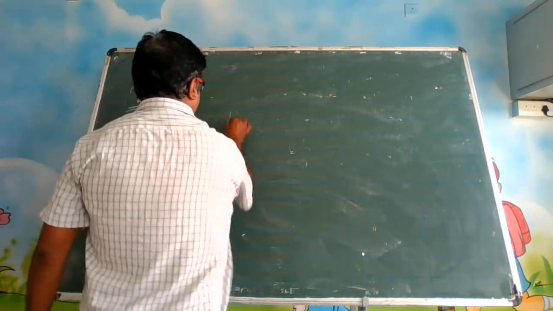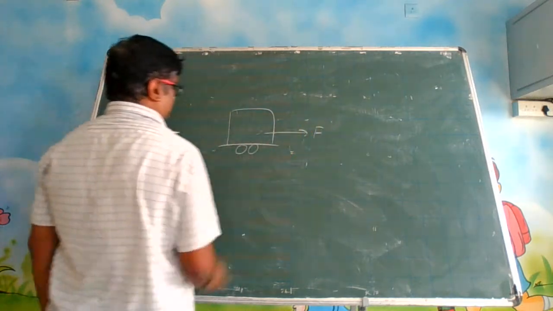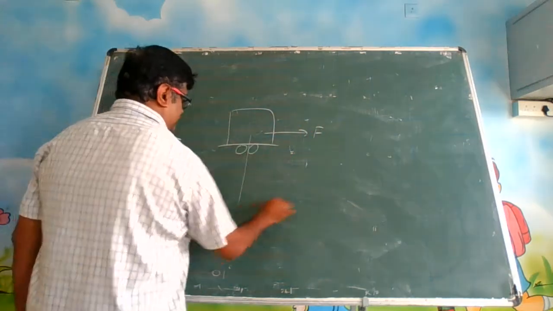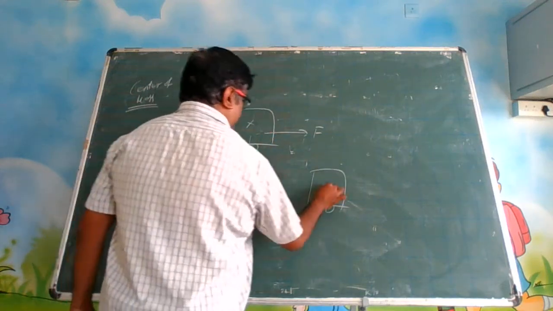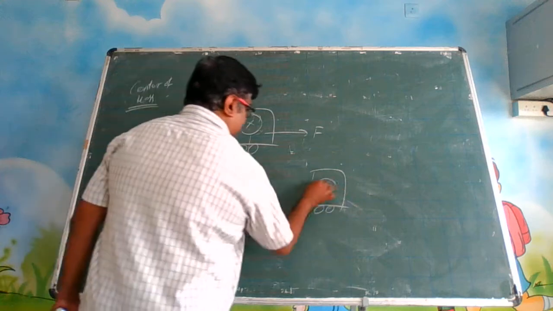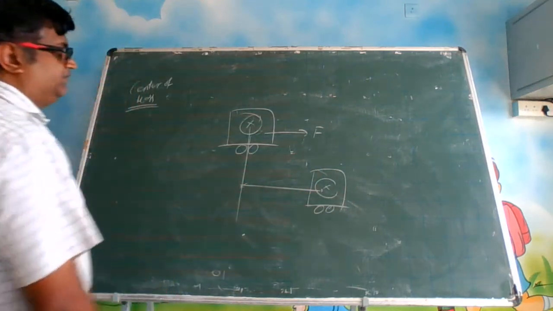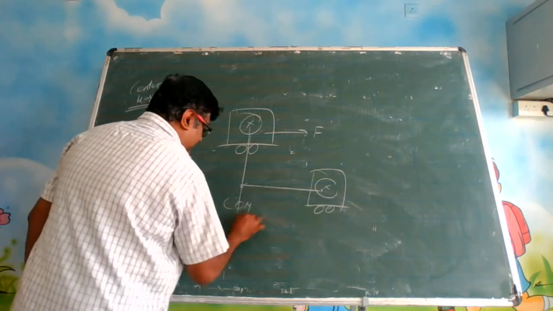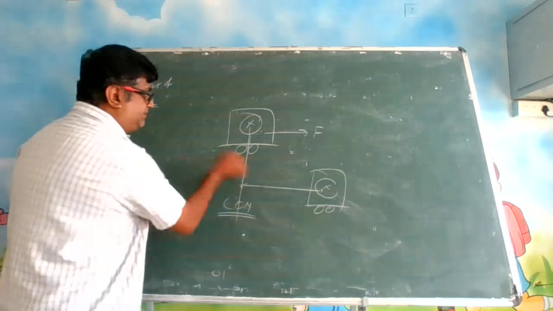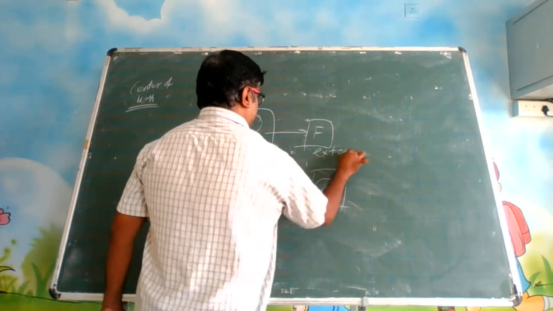Suppose there is a car, and there is a force applied to the car. What will happen? The car from this position will come over here. So the center of mass was here, now it is here, if I take this as the reference line. So what is happening? The center of mass is moving. Moving because of which? Only external force.